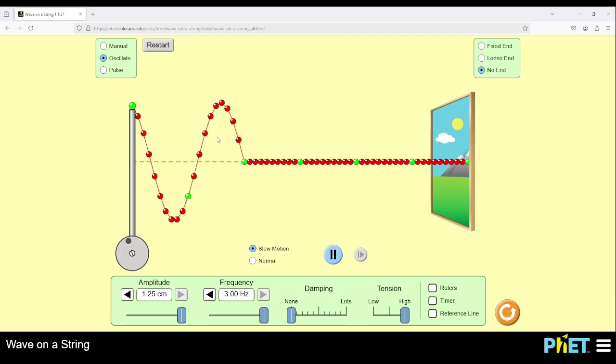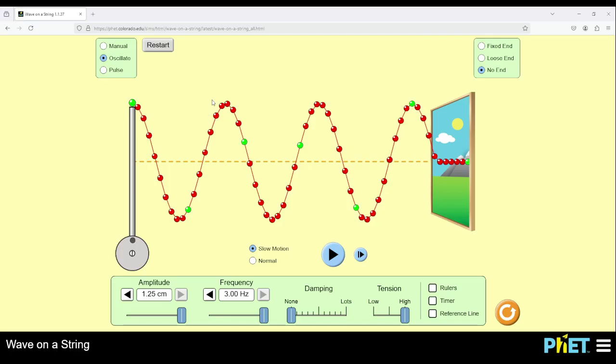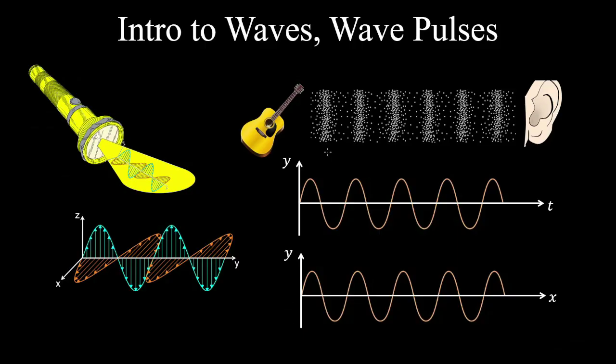And because a wave is periodic, so we can see that it repeats, we can model it as a continuous periodic disturbance with a well-defined wavelength and frequency. So let's have a look at these properties. So if we look at a particle in the string at some position, and if we plot its displacement from the equilibrium position versus time,